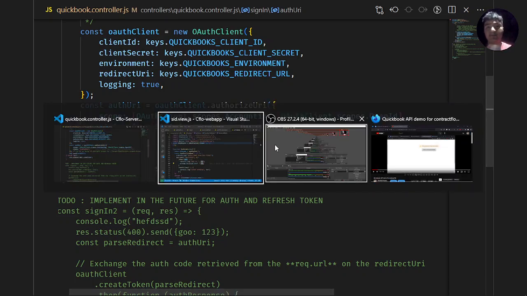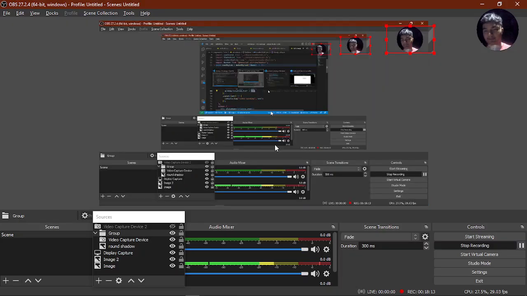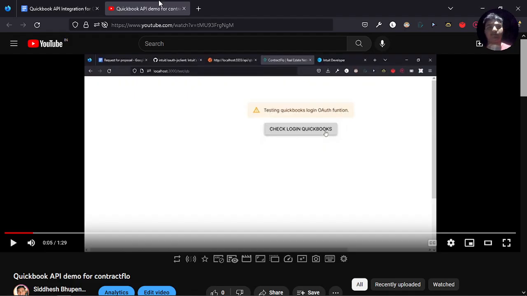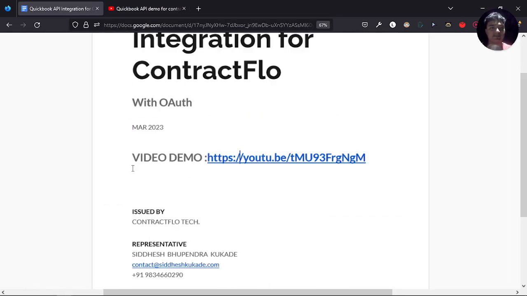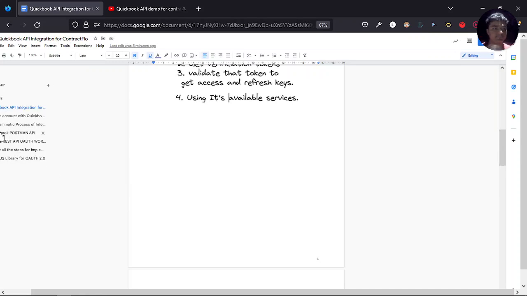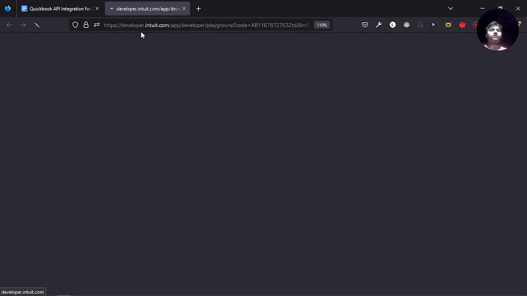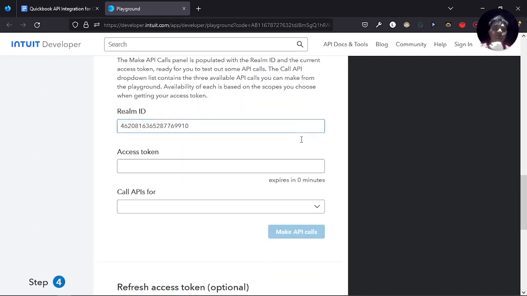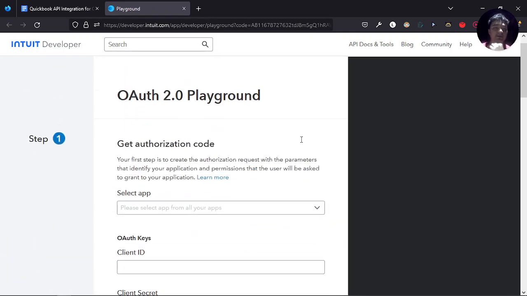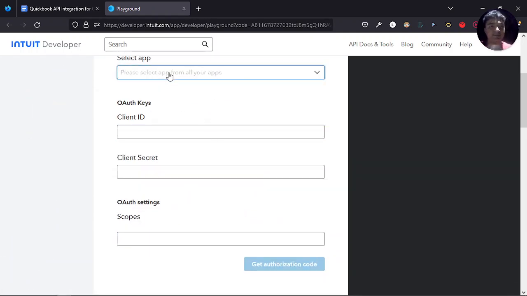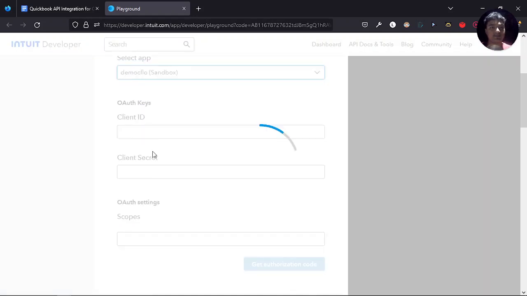If you don't remember the workflow playground, we can just take a look at that. Just give me a second. This one, yes. So just like we choose our sandbox options here,